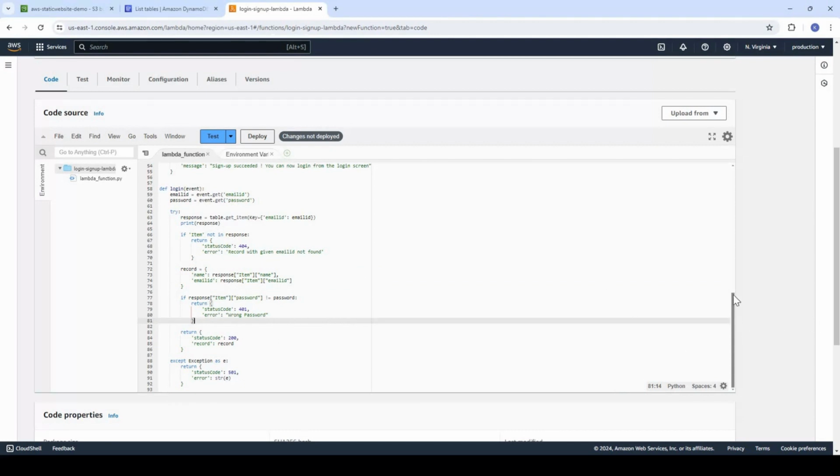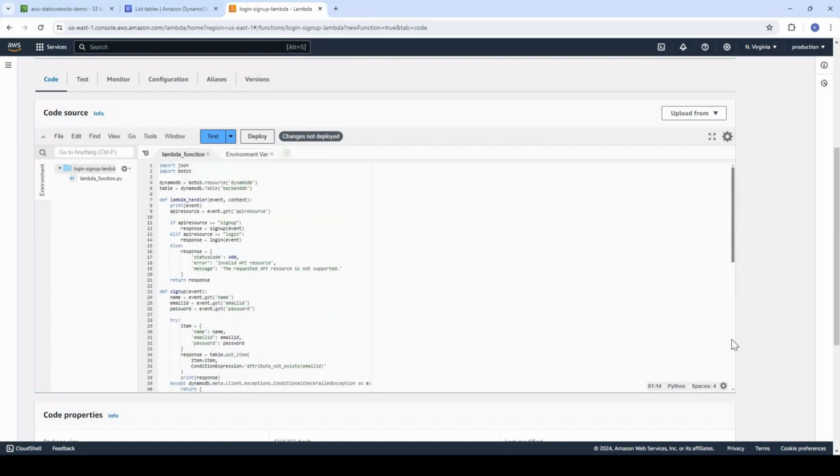So the purpose of this video is not to explain the Python code, but to explain how we can connect it end to end. You can write this code in any language you want, or any language in which you are comfortable. Basically the intent of this function is to handle the login and sign up API requests. So deploy these changes,